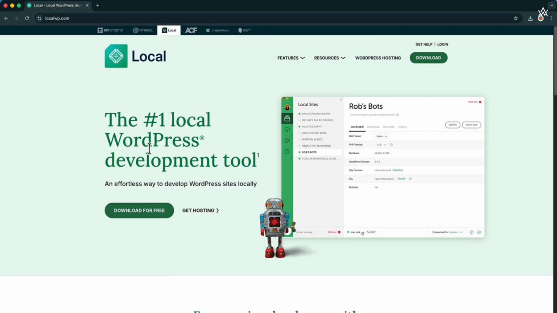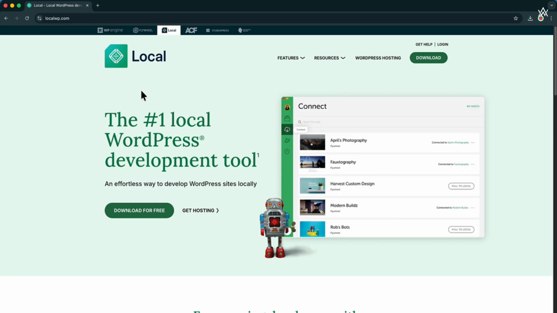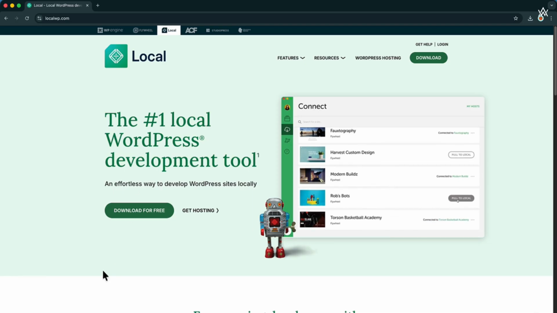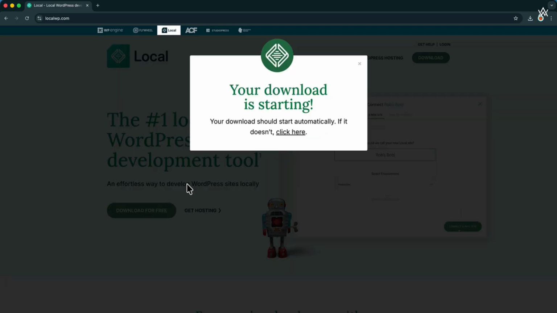Now, the company that develops this is WP Engine, and they have created multiple plugins, so you must have also used their ACF plugin in the past. Even if you don't, just know that Local WP comes from a credible company, so you can safely install that on your computer. What you will need to do is click on download for free,